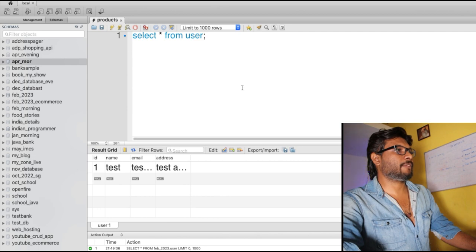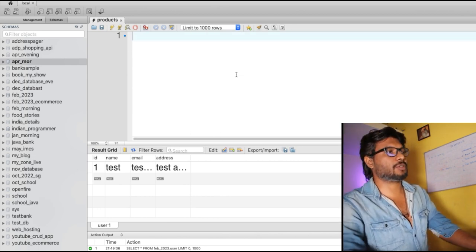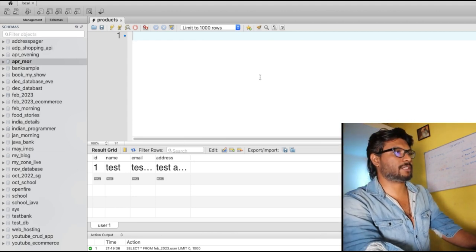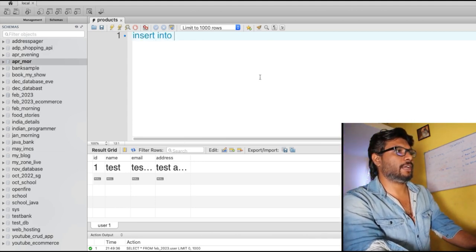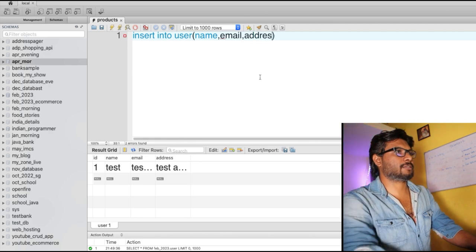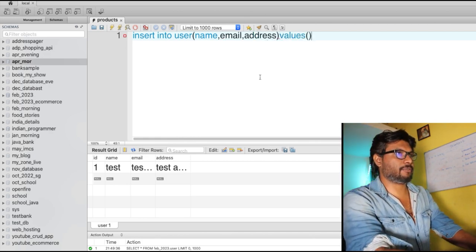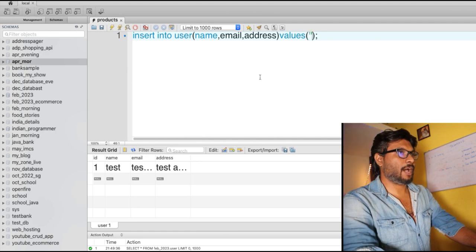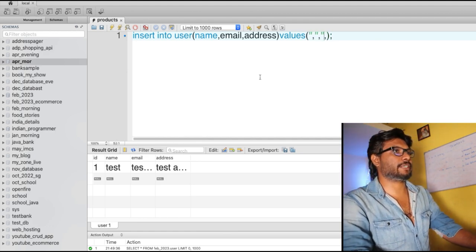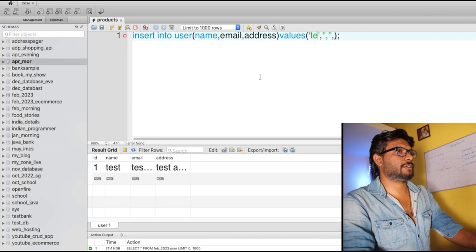The same way, if I want to add one more data, then I can go with the query also. So now I have done it manually, right? Instead of this manual insertion, I can go with the query also. Insert into user, the table name is user, I hope so, yeah, user, and then I need to mention the field names. So what are the fields that I'm going to insert the data into? So name, email, address. Okay, so this is the table I'm providing, and then values. So here I need to provide the values that I want to insert. So I can provide test2 and test2